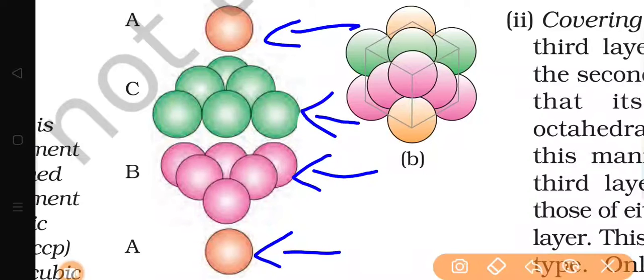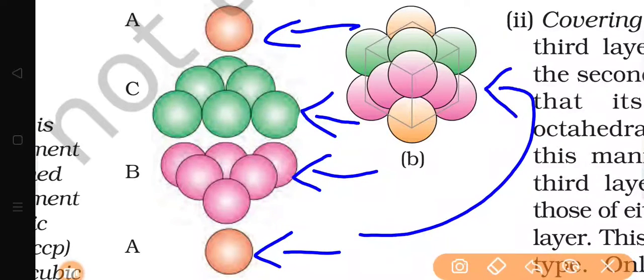If we stack all of these spheres on the top of each other, you will get this type of configuration. In this configuration, first just assume we are connecting the centers of spheres.